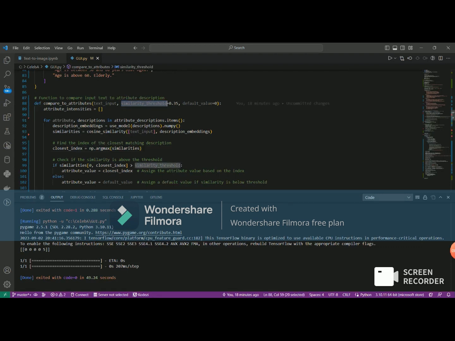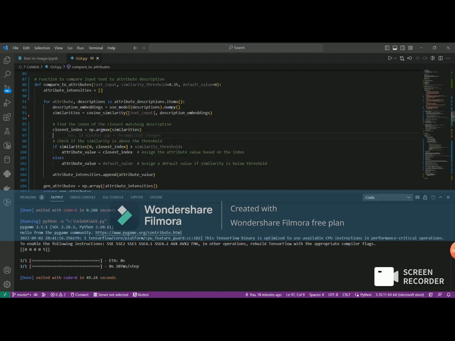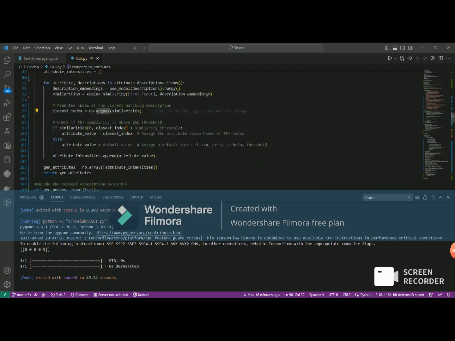We have also incorporated a threshold value of 0.35, so the value to be chosen has to exceed 0.35 cosine similarity, and we are using argmax to fetch the index value, and then we create